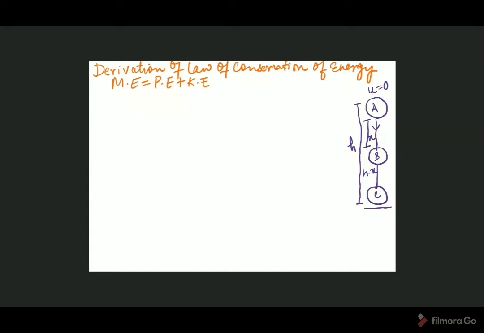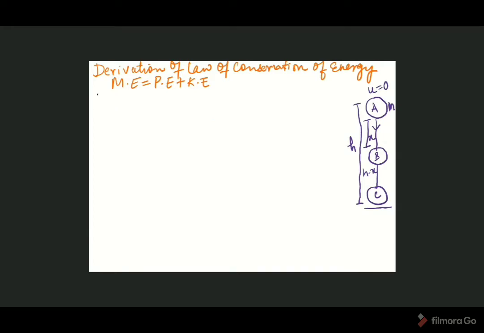In the diagram which is given below, you can see that a body is being dropped from a height A. It reaches point B covering the distance x and finally reaches the ground covering the total height h. The body started with the initial velocity u and the body was having the mass m. Now, to show that the law of conservation of energy is valid, we will calculate the energy at 3 different